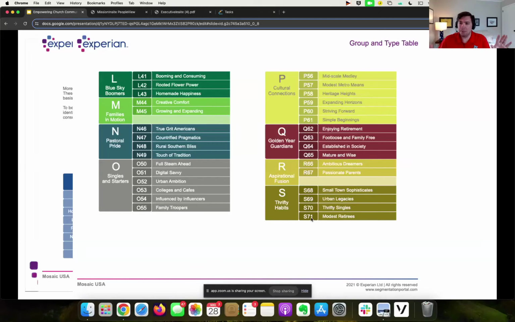And so it's not just income, though. I do want to stress that it's just a guide to know what we're looking at. This is a consumer profile. So it has income as a part of it, but it also takes into consideration ages. It takes into consideration family, all of these different types of things. So I've got a screenshot of one that we're going to see, and I'll dive into the table here in just a minute. And before I do this, I want to reiterate that this comes with our program called Mission Insight. I think I mentioned it, but I want you to know where I'm getting this from. So we'll dive into that in just a minute.